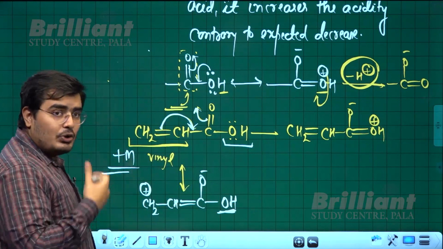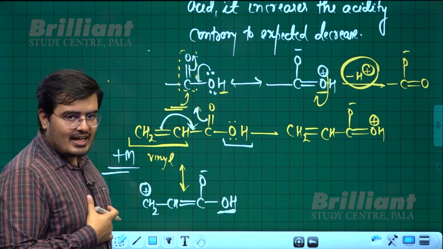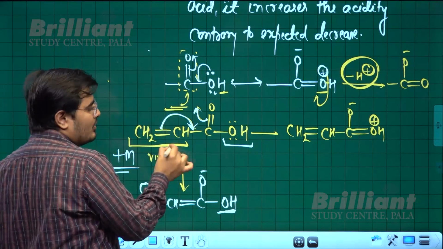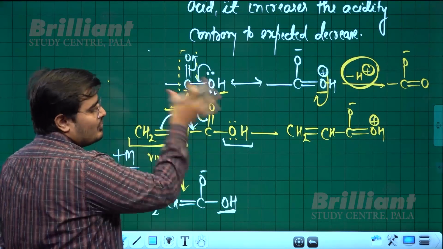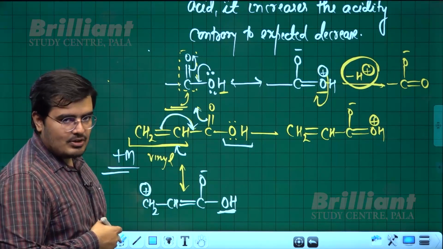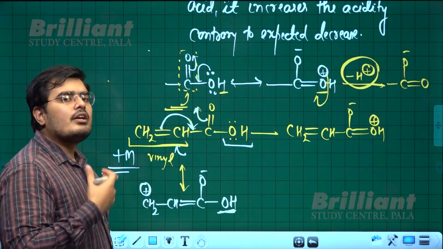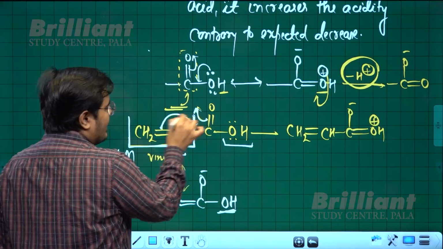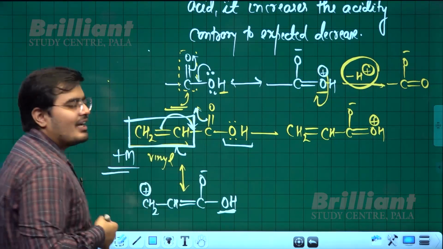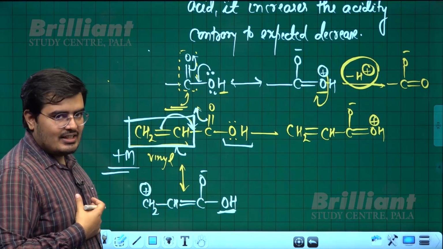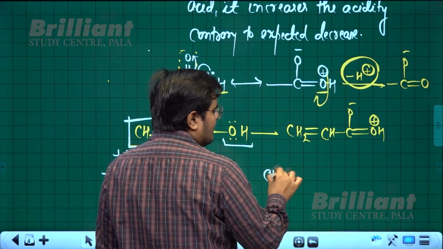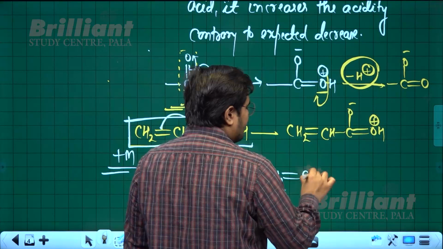So I can say this resonance from the plus M effect of this vinyl group actually decreases the donating tendencies of carboxylic acid, and that is the reason why it was expected that putting a group which can do conjugation should actually decrease the acidity of carboxylic acid. But in contrary to that, what is observed is putting a vinyl or a phenyl group actually increases the acidity, and the reason given is not this resonance. The reason actually given is